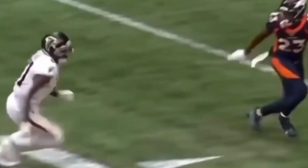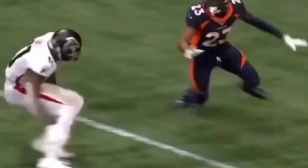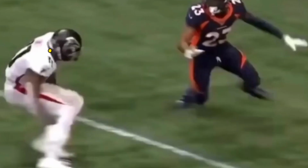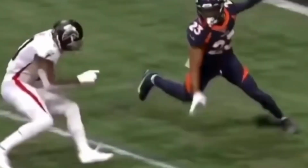And then after he stands up straight, he's able to change directions by again having shoulders over knees over toes. We can see that in the last frame right there. And from there, he's able to change directions quickly and then again stops quick, being able to get his shoulders over his knees over his toes right there. Bang, bang, bang. And he's able to then change directions quickly back towards the left side. As soon as this player was able to pass Julio Jones, he notices that he takes that big last step, gets his shoulders over everything, and then he's able to turn back left and be absolutely wide open for that